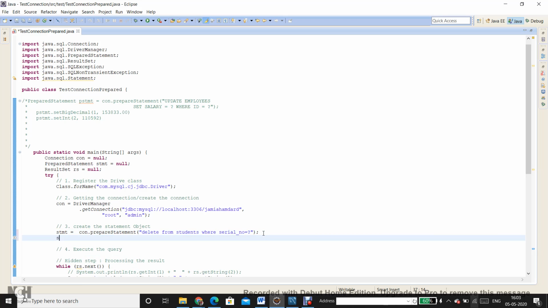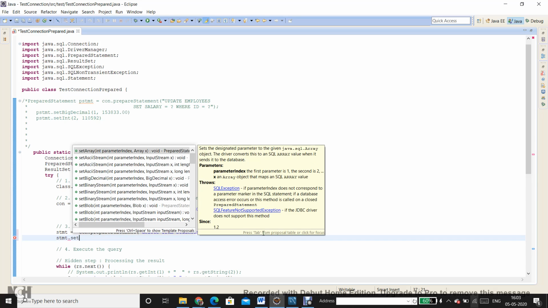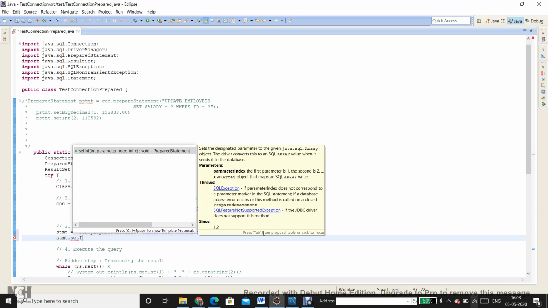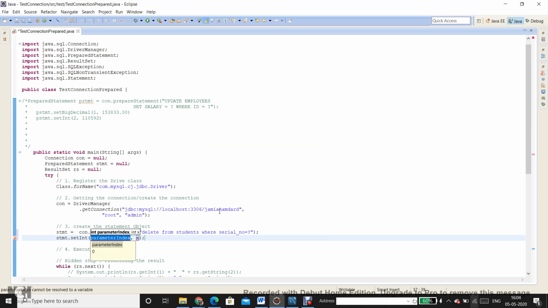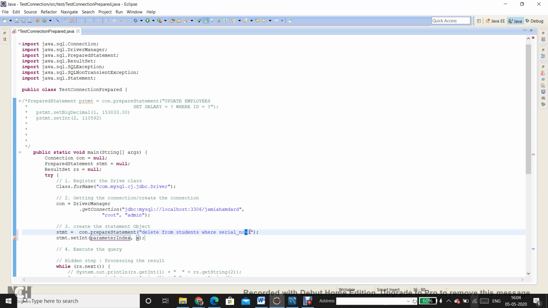So let me say stmt dot set, the serial number is of the type integer. So let me say set integer. You can see two values that I need to pass to this method. One is the parameter index, the other is an integer value. The parameter index basically indicates the position of the question mark. So we are referring to the first question mark, and in total we have only a single question mark in this statement. So let me replace this parameter index by 1,